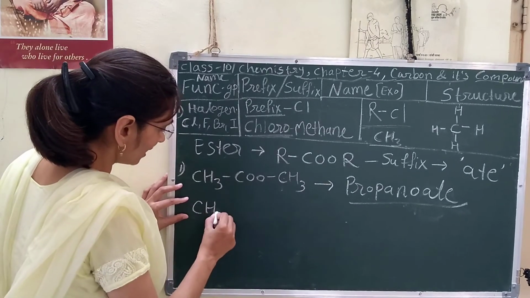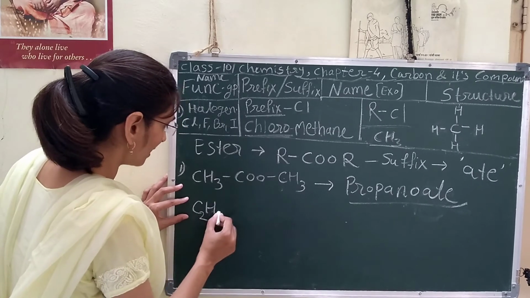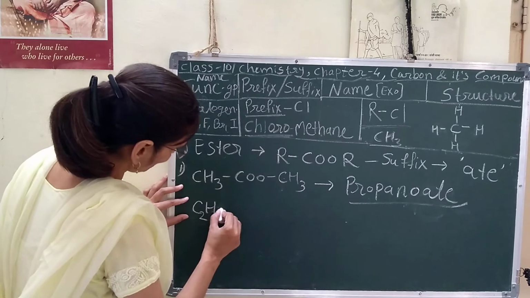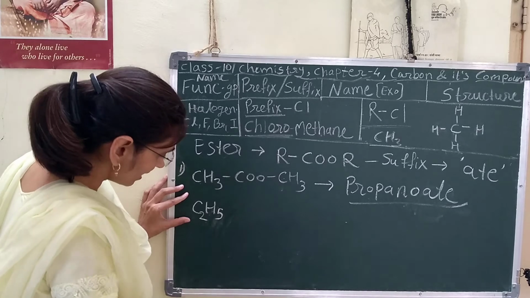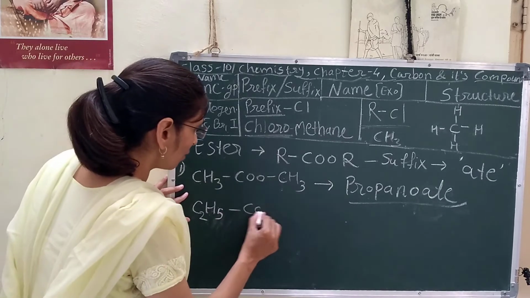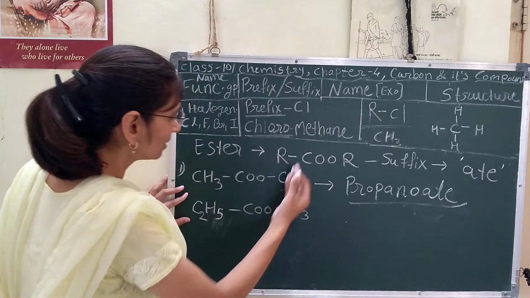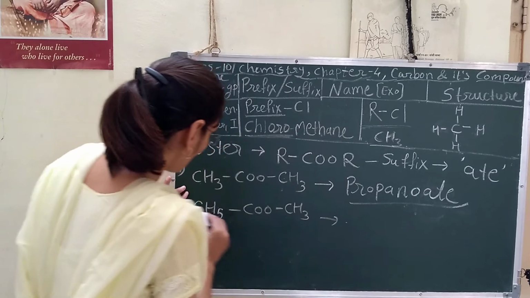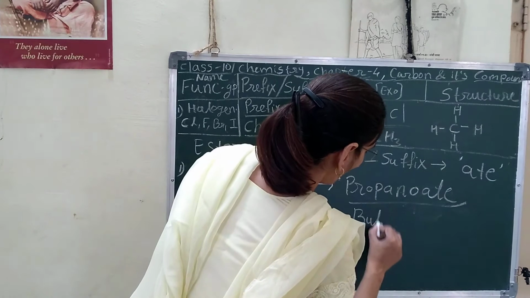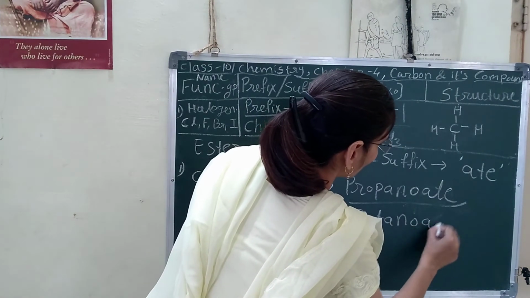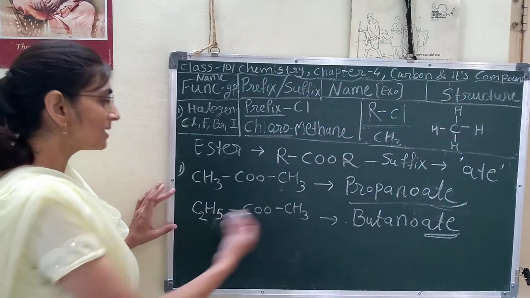If instead of CH3 the second alkyl group I will take here C2H5, that is the ethyl group. This is methyl, then ethyl, then propyl, like that series I will take first. COOH, not CH3, it will remain as it is. Then the total number is 1, 2, 3, 4, butanoate. This is the suffix. This is the IUPAC name of this ester.